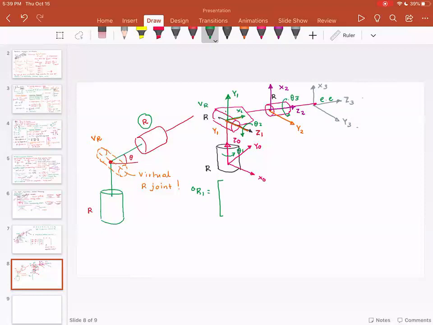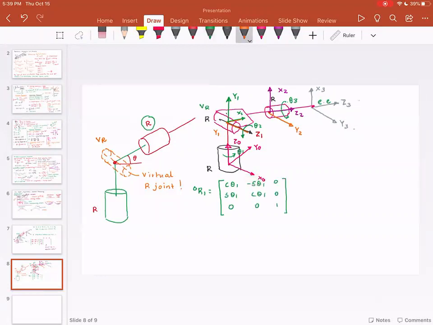So it will become cosine theta 1, minus sine theta 1, sine theta 1, cosine theta 1, 0, 0, 0, 0, 1. Here, now please note, I will treat the virtual joint as any other joint, which means I'm going to have x1, y1, z1. I would have x0, y0, z0. So let's see,